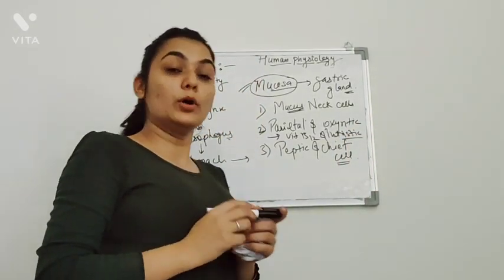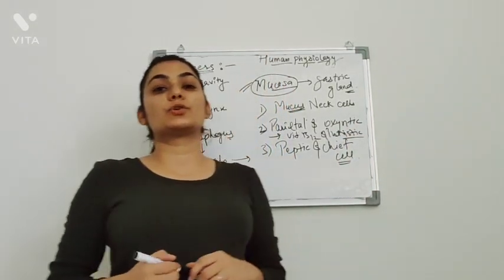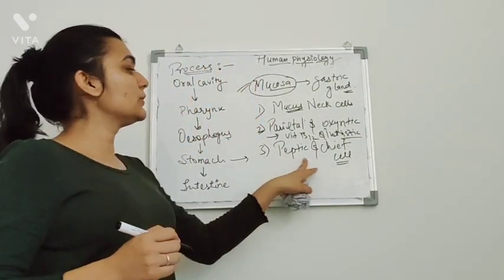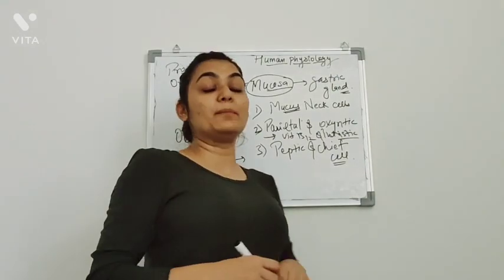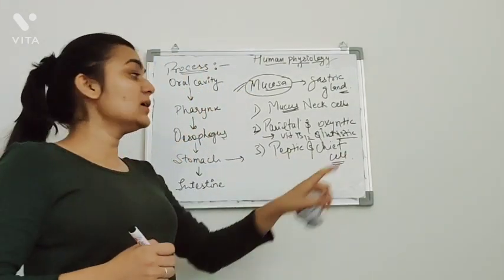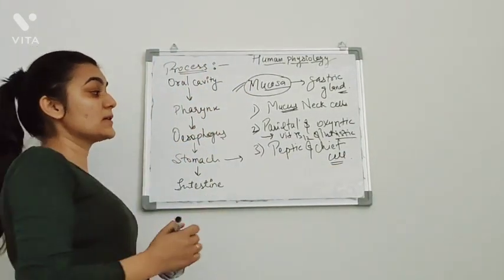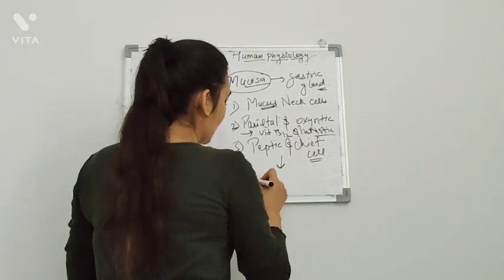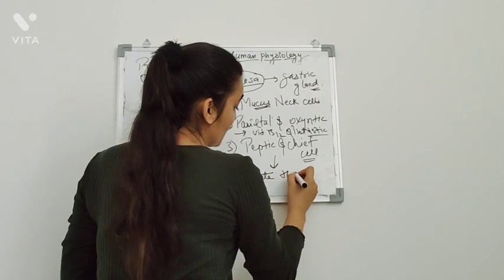Castle intrinsic factor. Both are helping in the absorption of vitamin B12. After that, the third gland is the peptic cells and the chief cells. What is the function of the peptic cells? The function of the peptic cells is to secrete the